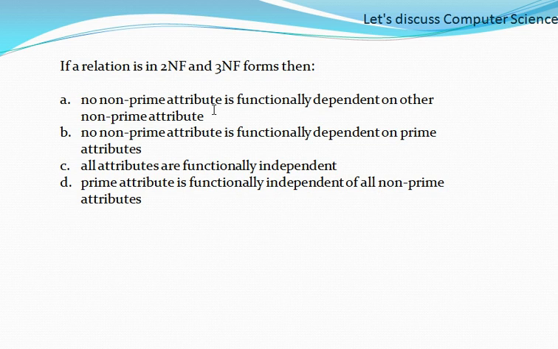Why? Because in second normal form we should ensure full functional dependency. Even in option D, the prime attribute is functionally independent. It should not depend on other non-prime attributes. It's a general criterion, but it is not talking about any normal forms here. So option A is correct. And the next question is,